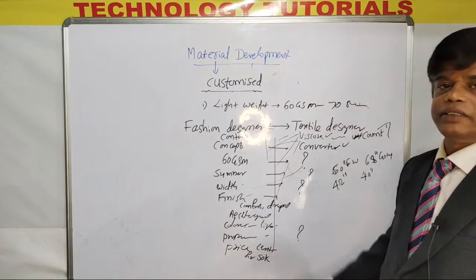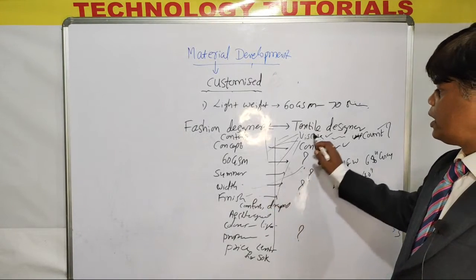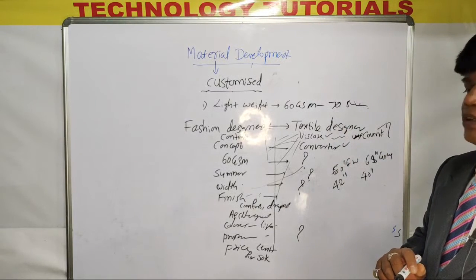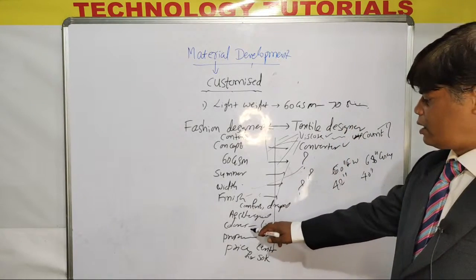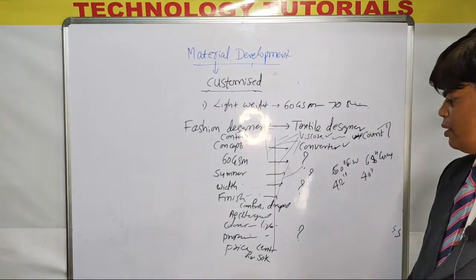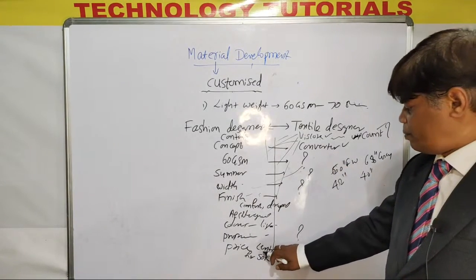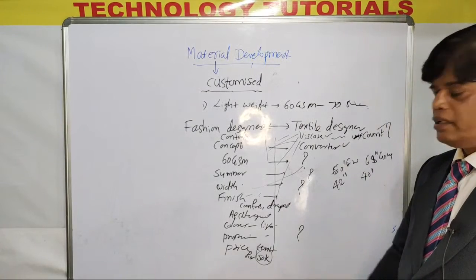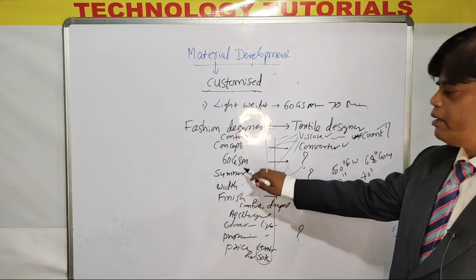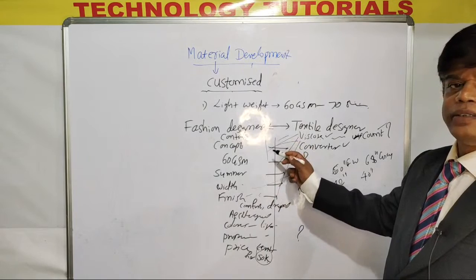Finish, what type of finish does he have to give? Is a normal wash finish required? Can he go for any special finishes for viscose? You all think. How many colors are there? How many shades are there? Can he meet them in viscose? These all things are there. And the price, he has to fix the price. Can this price be given with 60 GSM viscose fabric, or is more required?